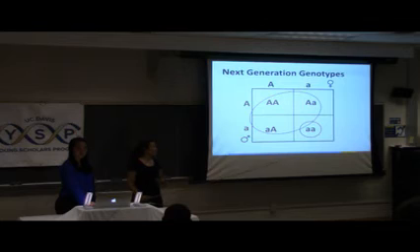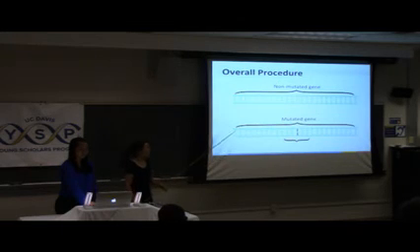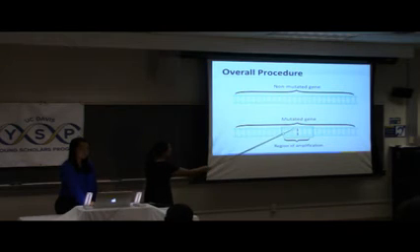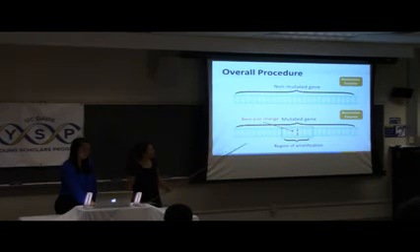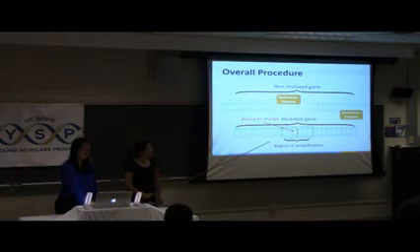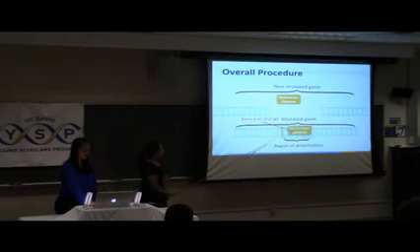In my project, I was looking at the homozygous recessive genotype because that is what shows the LUX mutation phenotype. So my overall procedure was to amplify the region around the mutation shown here in red. And it's simply just a base pair change. And then I used a restriction enzyme that cuts the non-mutated gene. However, it does not cut the mutated gene.